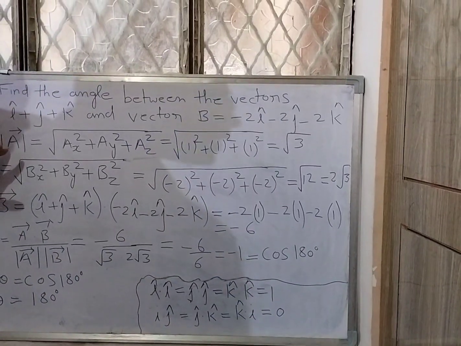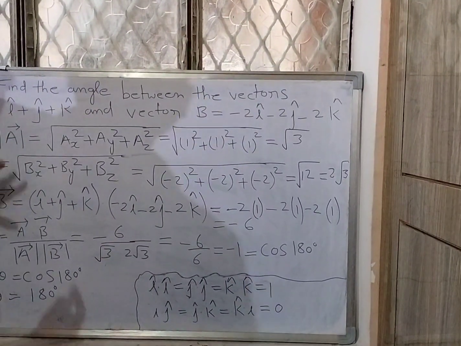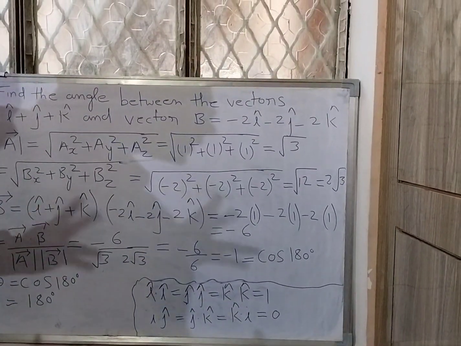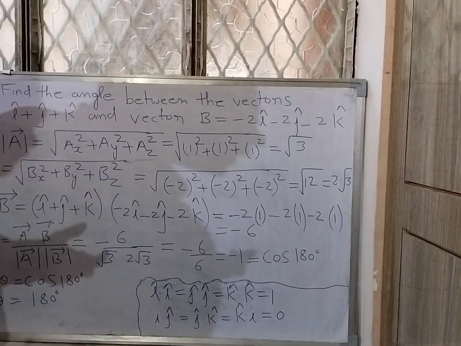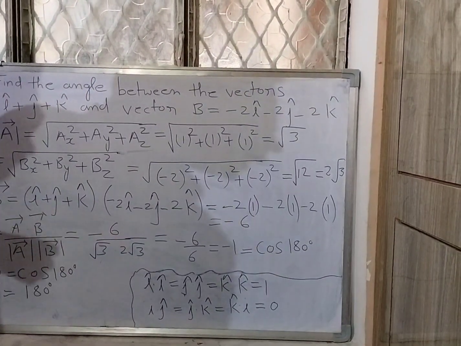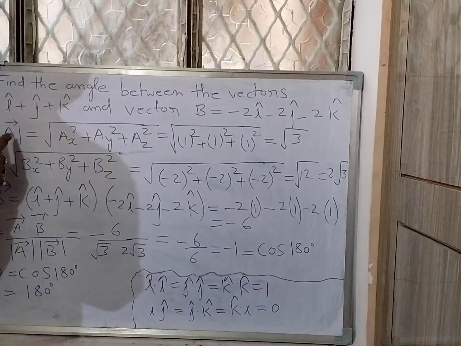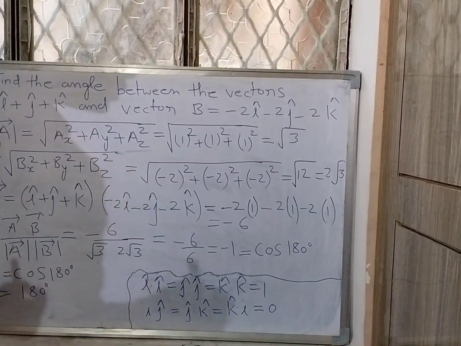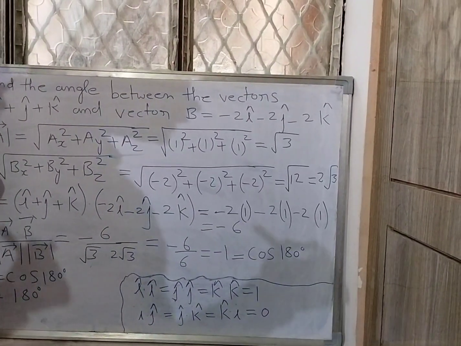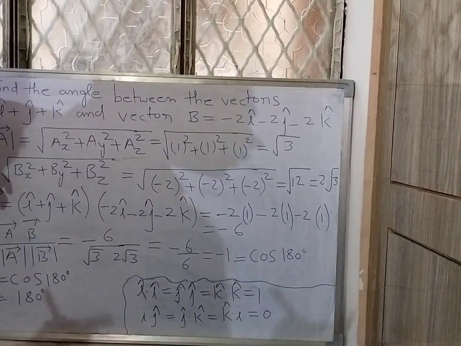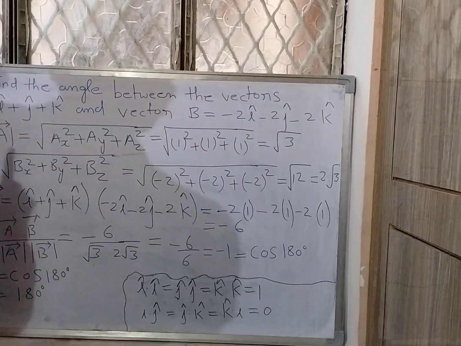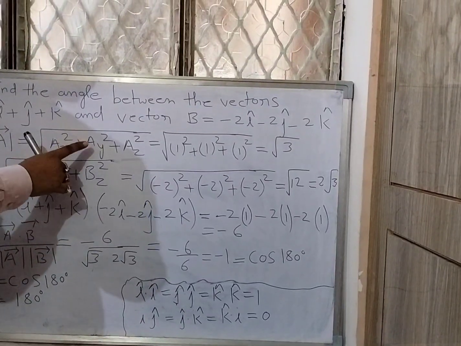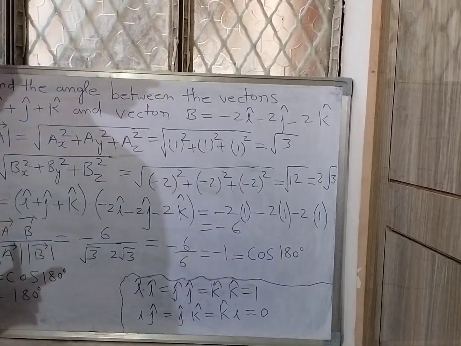What is the meaning of A vector mod? A vector mod will tell the magnitude of this vector. We know that a vector has two things: one is magnitude, meaning its value, and the second is its direction. So if we write a vector like that, it is called A mod, and this A mod will show only the magnitude, meaning only the value of the vector, not the direction. Its formula is A vector mod equal to root of Ax square plus Ay square plus Az square.